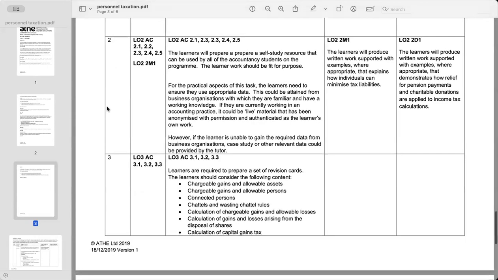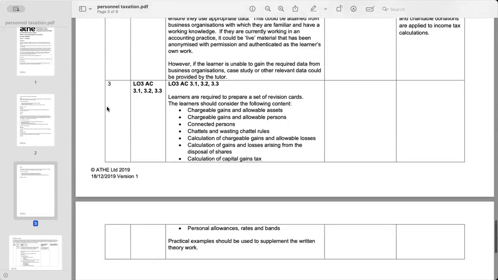Okay, so now we will focus on lecture 3 and its associated assessment criteria to achieve a pass. Here, to achieve a pass, you must prepare a set of revision cards covering key concepts related to capital gain